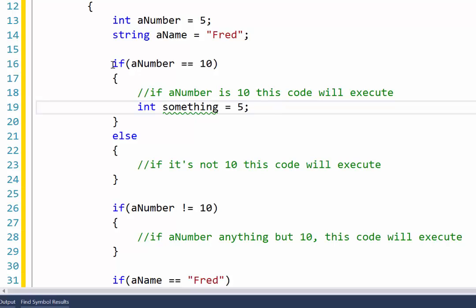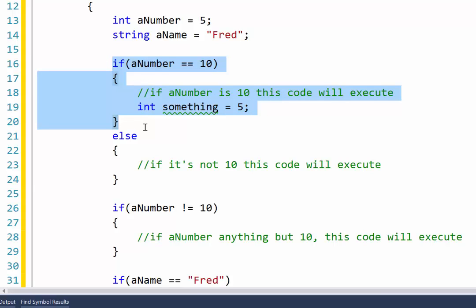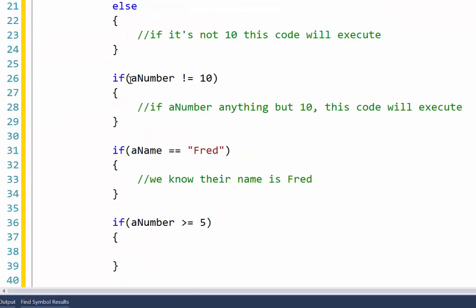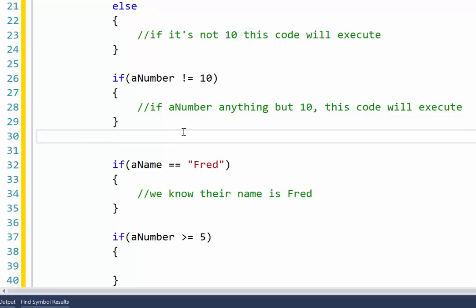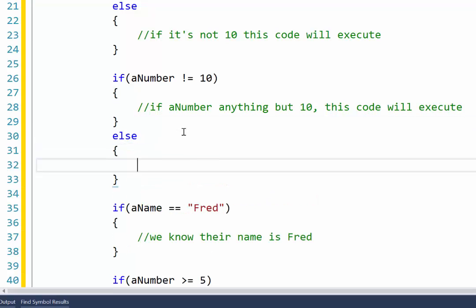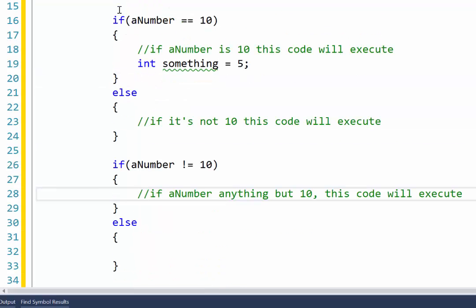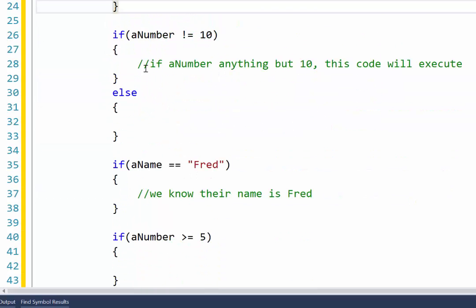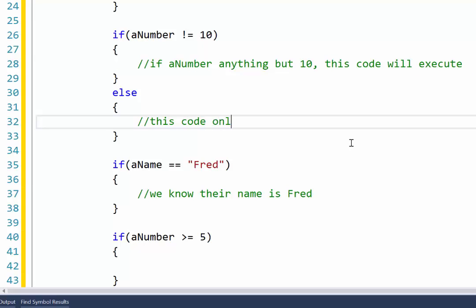So with any of our if statements, when we're looking to write conditions, we have to think about the logic. In this case, where we're using negated logic, or not logic, a number not equal to 10, then this code will execute. But if we attach an else block to this if statement, then if this is true, a number not equal to 10, it's the opposite of this if-else statement up here. So if a number is not 10, this code will execute,